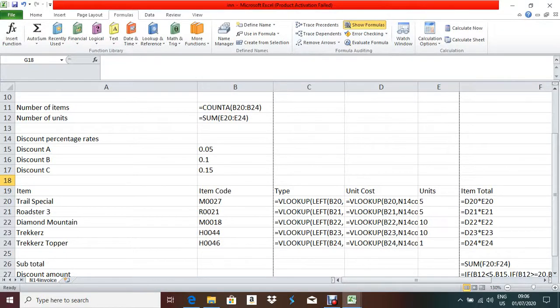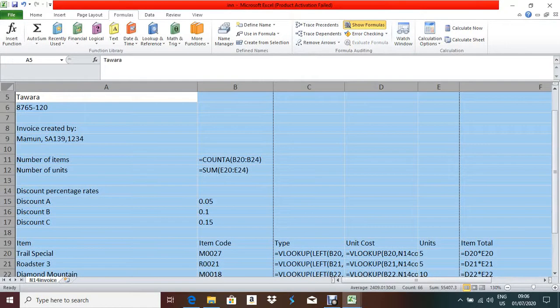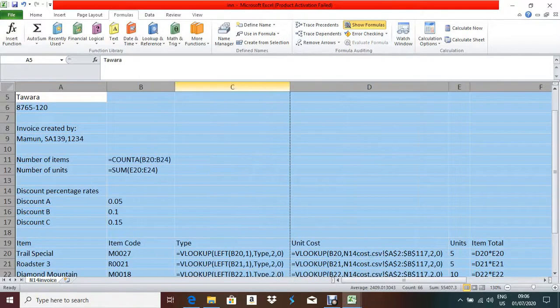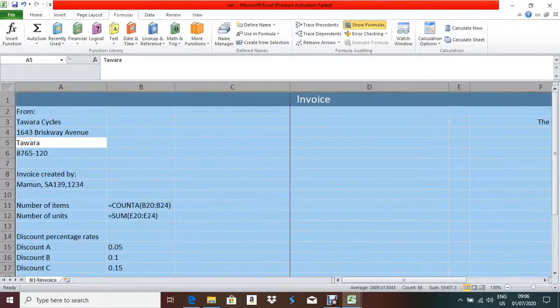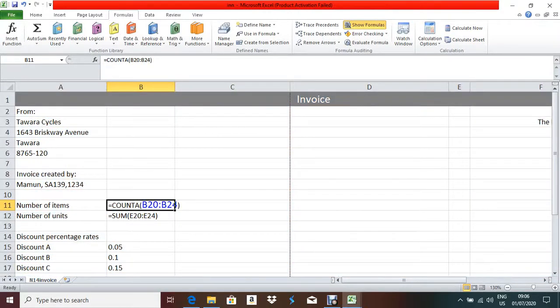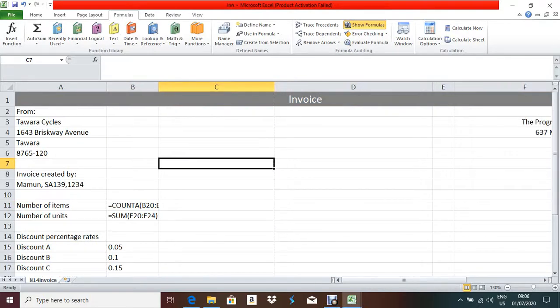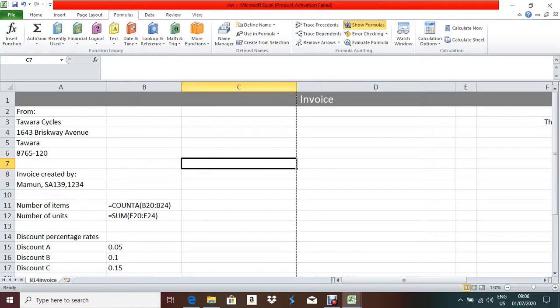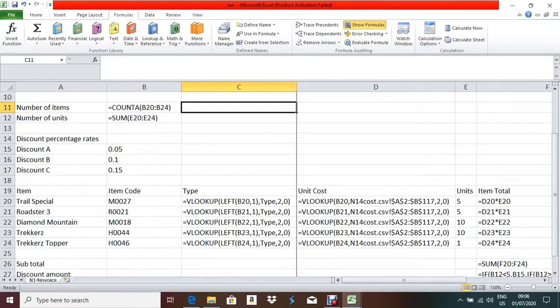You see automatically a lot of space came. Did you see that? So how to reduce the space? Block the whole thing, double click between 2 columns. Now you make sure that all the formulas are visible. Now see, all the formulas are visible, right? Now it should not be like that. The formula should not be covered by another column. So you have to take care about this one. You have to be very attentive with this one. So all the formulas are visible.